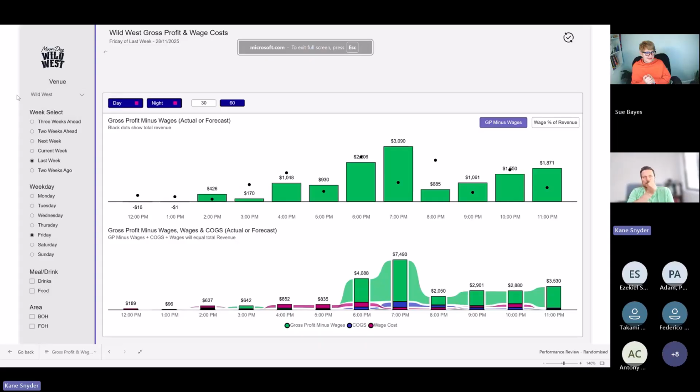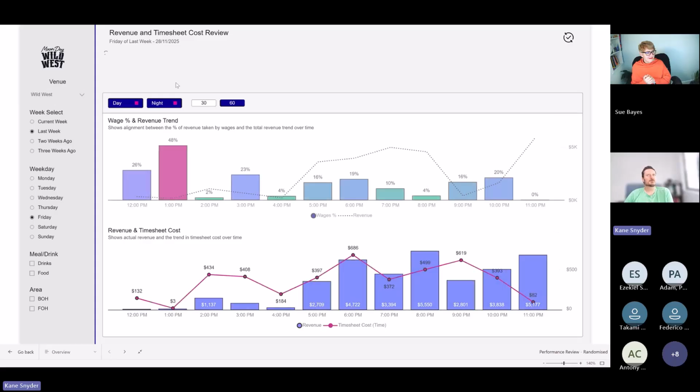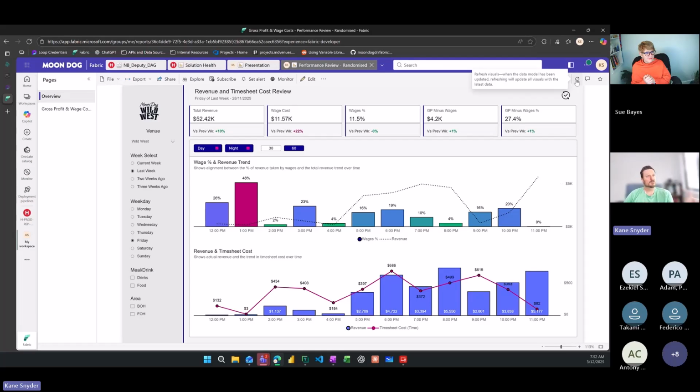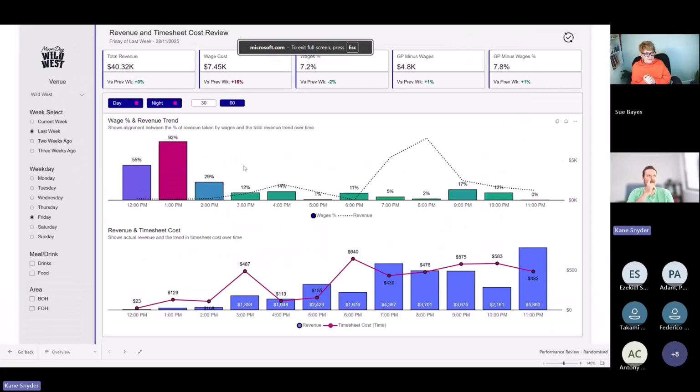So these are some simple reports that you could build. They've been randomized, so I'll prove it. I'll do a refresh here. I've used a calculation group to randomize the numbers. If I hit refresh, the visuals take some time, but they all randomize. The reason some pages are a bit slow to load is because there's a calculation group over the whole page randomizing every measure. So they're not real numbers.